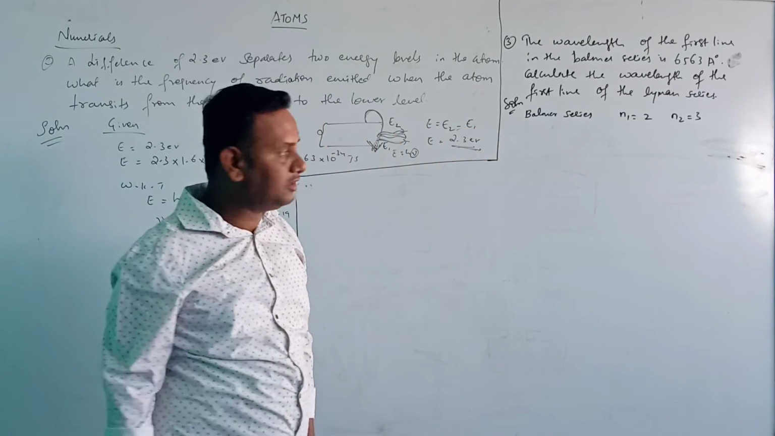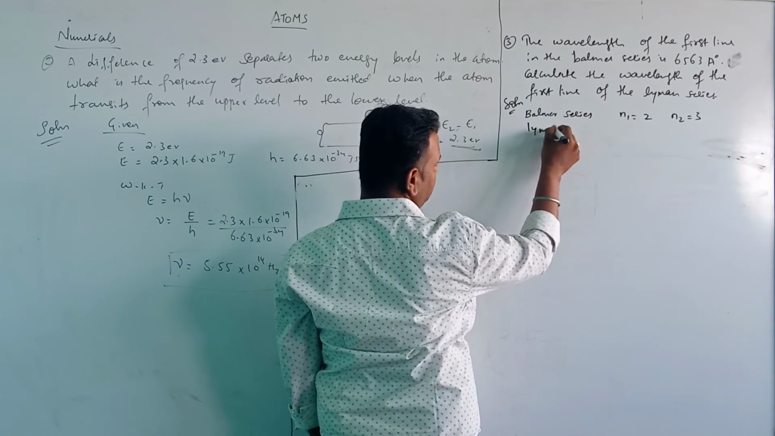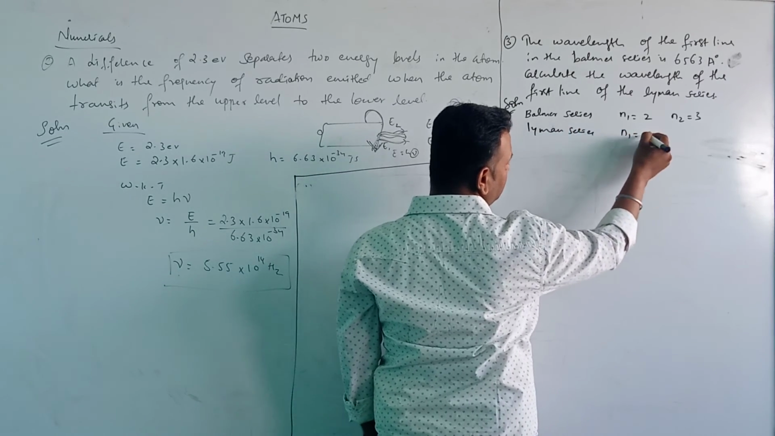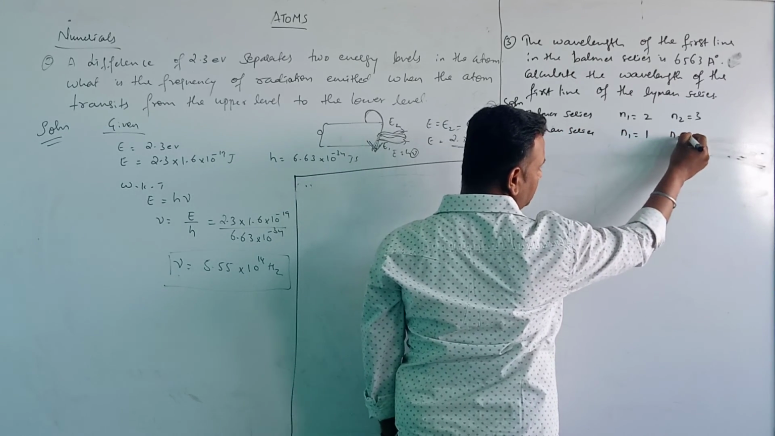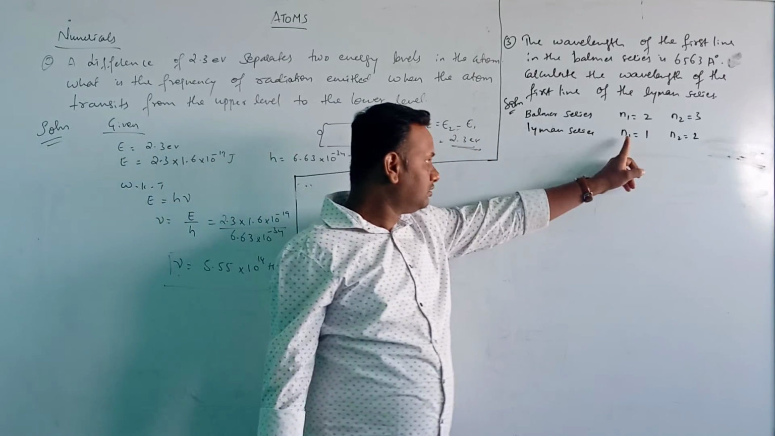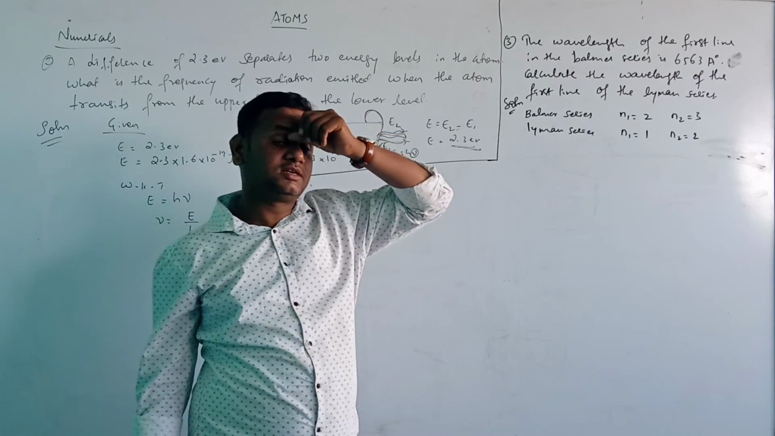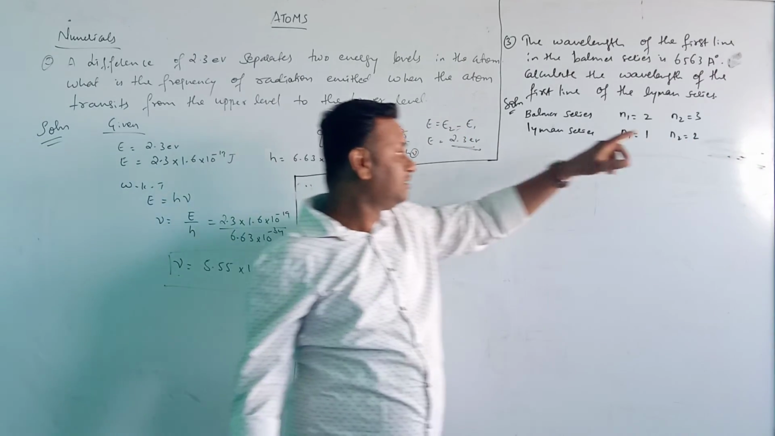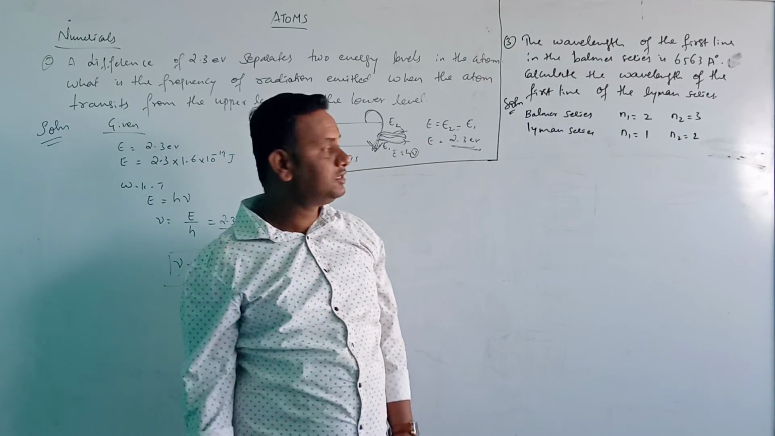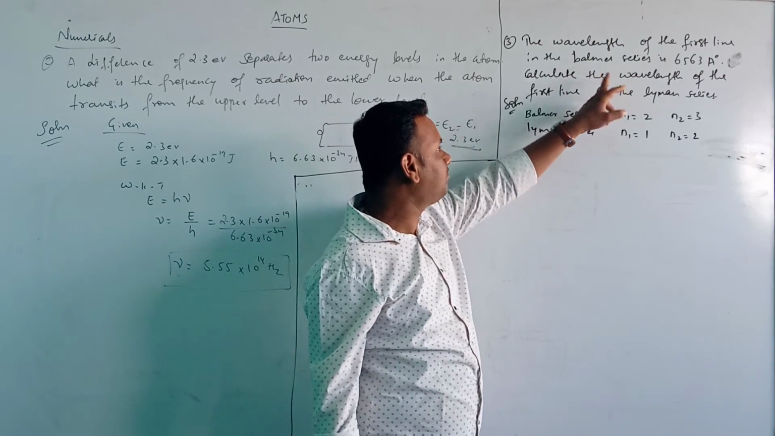You have taken 3. Now he is telling for Lyman series, first line of the Lyman series. So n1 value is 1, n2 value is 2. Okay. First line means 2. If he asked the second line, then we would have taken here 3. Right. Okay. So this you should remember. Now यहाँ पे हमें जो